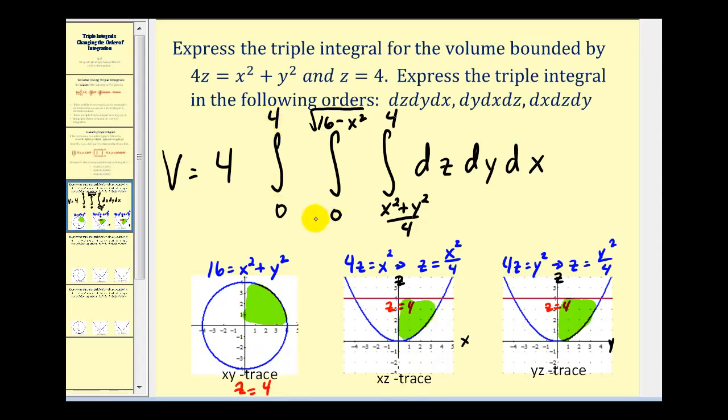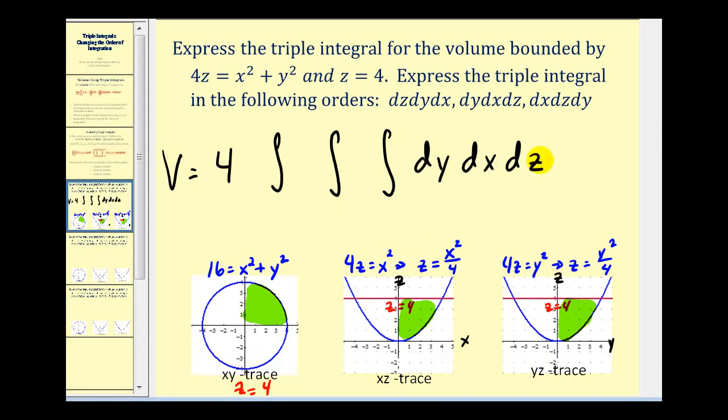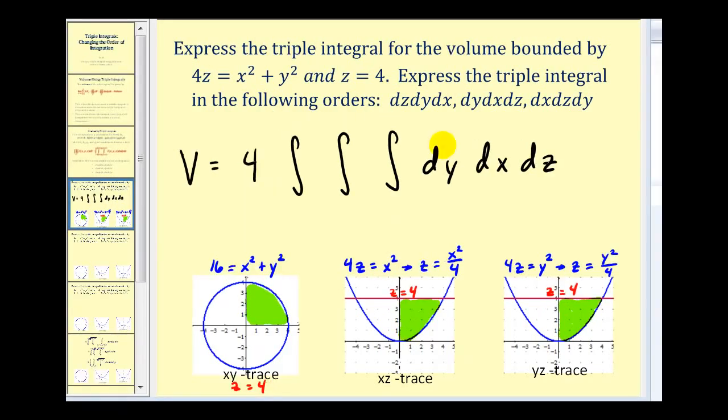So here's the first triple integral, integrating with respect to z, and then y, and then x. Now let's consider the order of integration dy, dx, dz. So the limits of integration for y must be expressed as a function of x and z. Looking at the yz trace, we can see that y starts at 0 and goes out to this parabola,